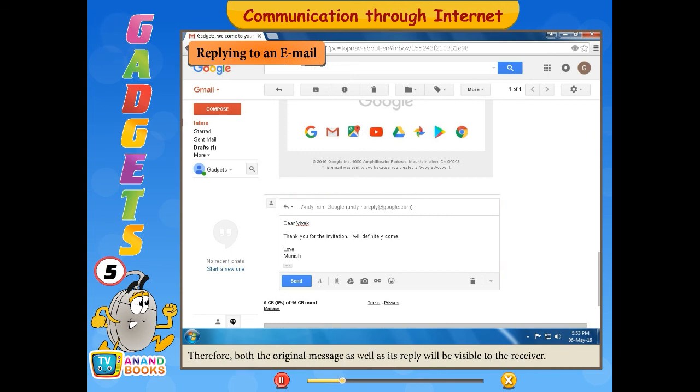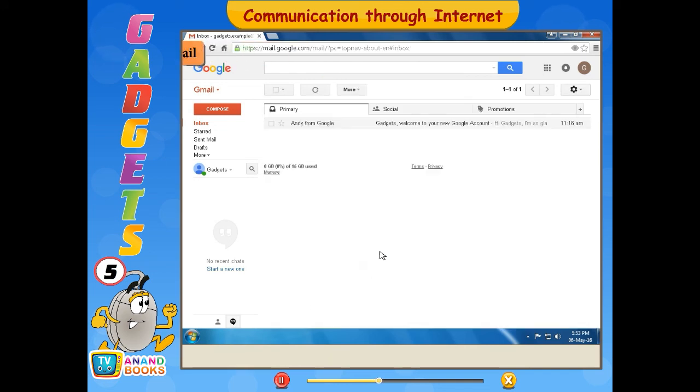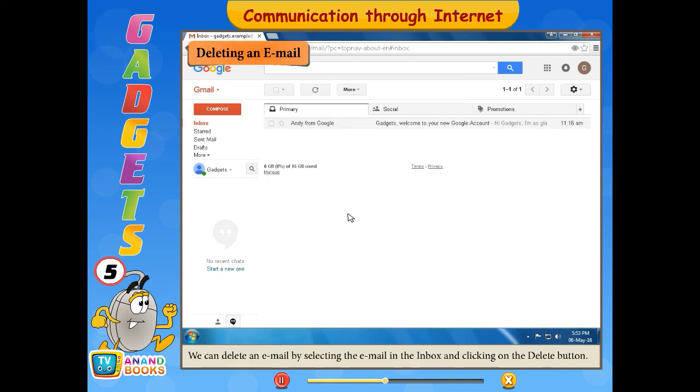Therefore, both the original message as well as its reply will be visible to the receiver. Forwarding an email. Forwarding an email means sending a received email to one or more people. Deleting an email. We can delete an email by selecting the email in the inbox and clicking on the Delete